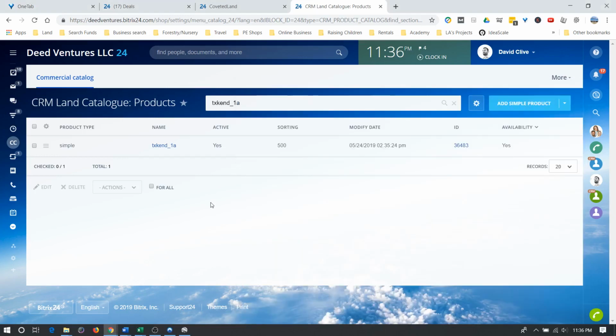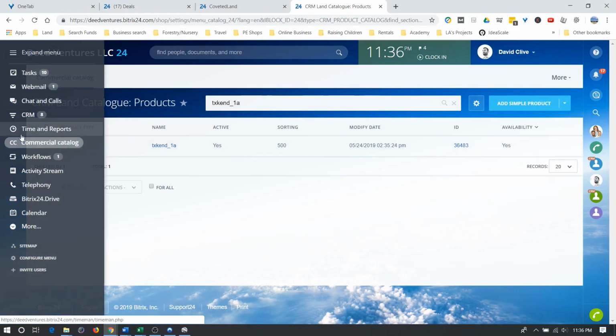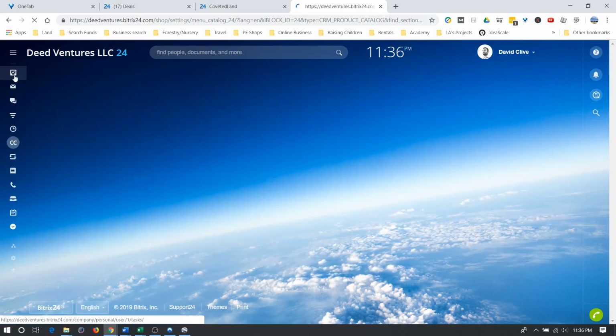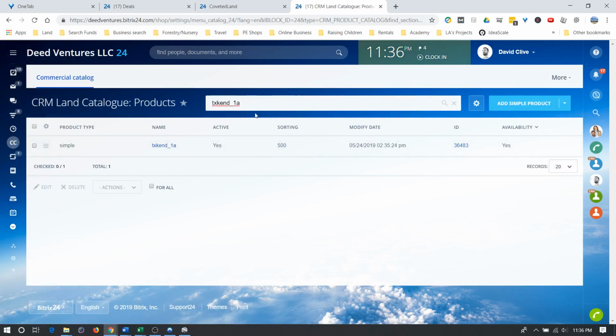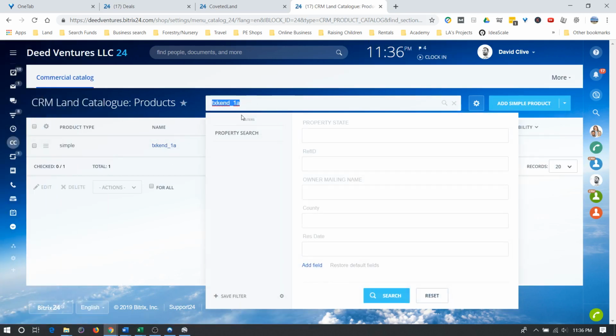Okay, so to find comps and also to upload product screenshots, you're going to do both of those steps in the same place. This video is going to be about comps. So I'm going to show you where to paste the comp links first, and then I'm going to show you how to find comps. Because that takes a while and maybe you just want to know where to paste the links. So to paste the links, you go to commercial catalog and you search for the property that you